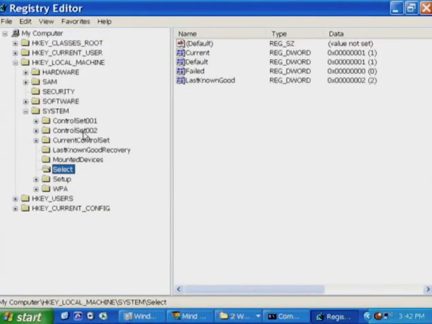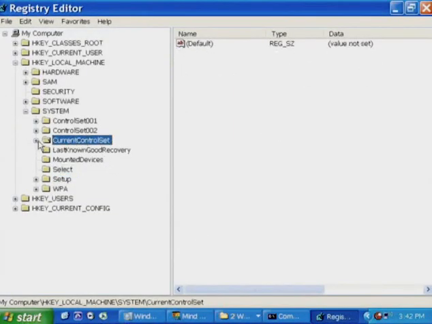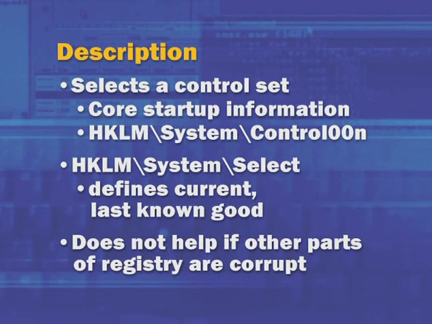If you look at this display of the registry there on the left, you can see that the control set really is a subset of the registry. For example, booting from last known good will not help if the software hive has had corruptions or invalid data, or if the security hive or the SAM, the Security Account Manager database, has corruption. So booting from last known good relies not only on the registry system hive being intact and usable, but also the rest of the registry hives being available and intact as well.